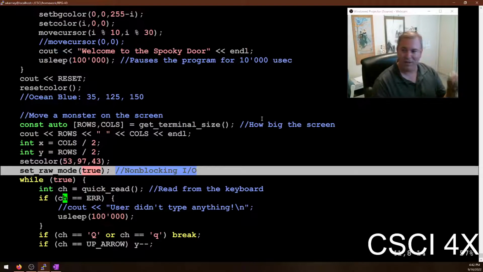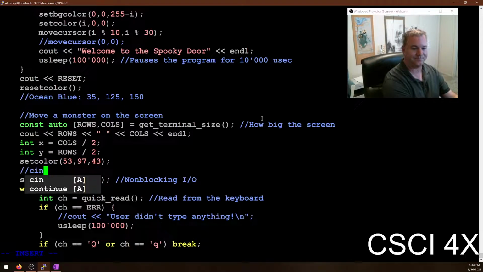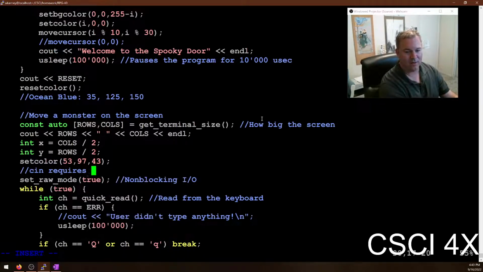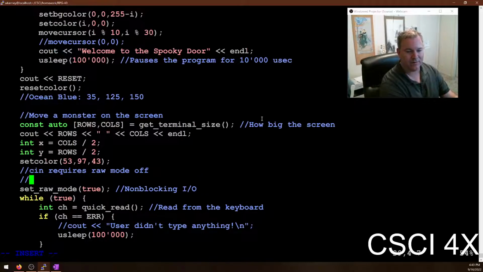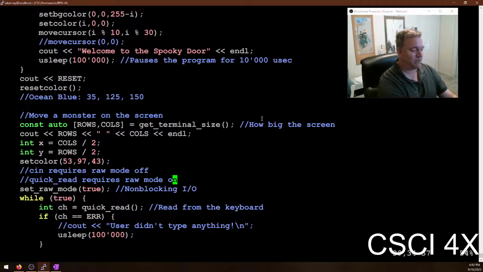Okay, they type in "newspaper," and you have to read a character and add it to the vector or string, and then read another character. If they type delete, you have to delete the last thing. It's super annoying, and so you can turn raw mode off. So cin requires raw mode off. Quick read requires raw mode on. And you can switch back and forth